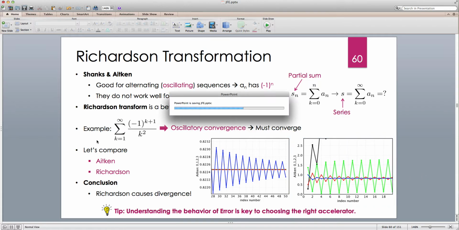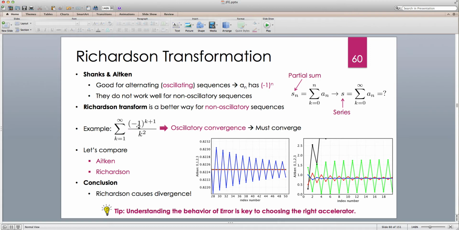By oscillatory I mean the sequence that is generating the partial sum, this A_k. Okay, if this is oscillatory, we know that the partial sum is also oscillating around the limit, and then we should use Aitken or Shanks. If it's monotonic, then we should use Richardson. Okay,